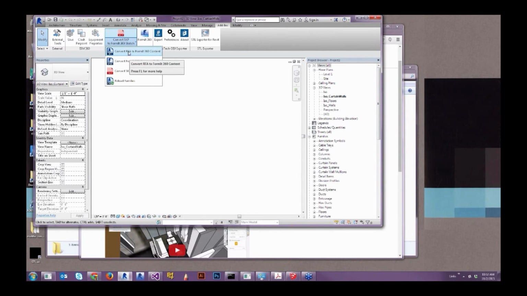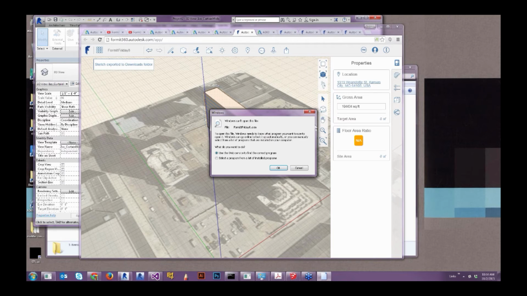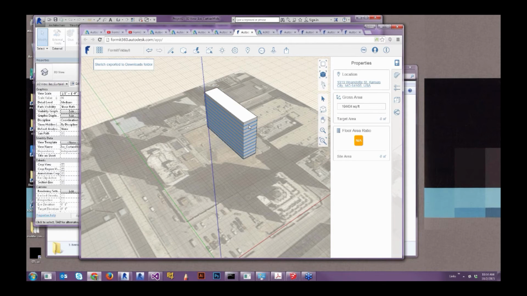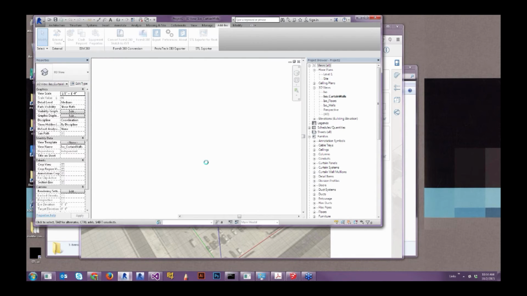And we've got three different conversion options here. We can convert Revit families to Formit, or we can convert Formit files to Revit files, or we can convert SketchUp files to Formit files. So I'll go over a few of these. I can click this export button, export locally as Formit 360 sketch. And what this does is drop that down into my downloads folder. So again, come back to Revit, file navigation, go to downloads folder, and find Formit Friday 8.axm and click open.